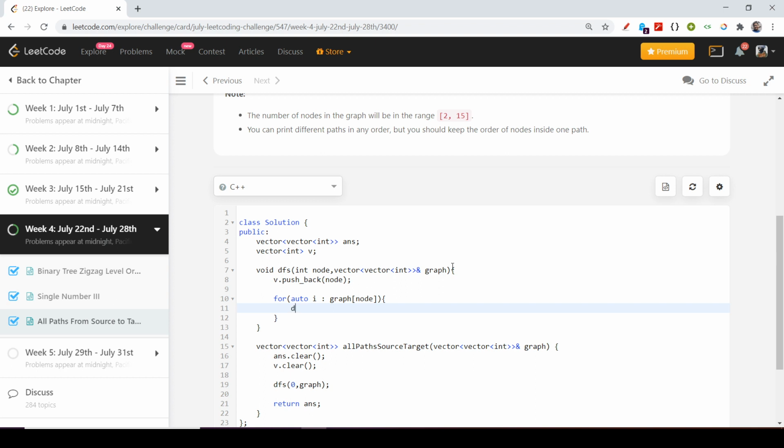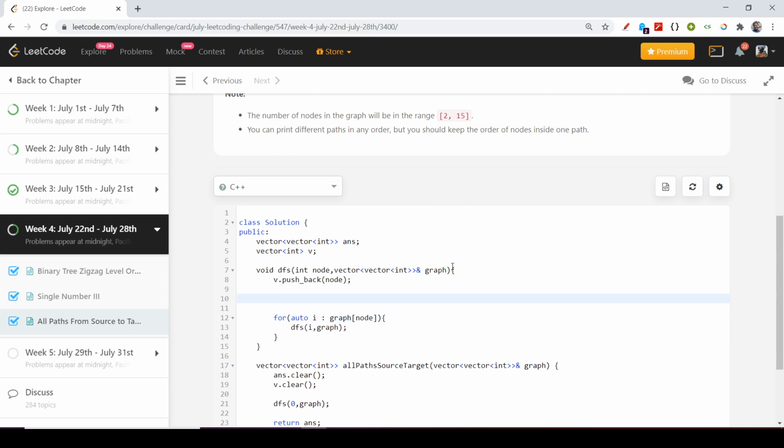So I will just have a DFS call to its child. Now, when I have the DFS call, see what will happen. Initially it is 0, so it will move here. Then it will have a DFS call to 1. Then when it reaches DFS of 1, it will have a DFS call to 3.